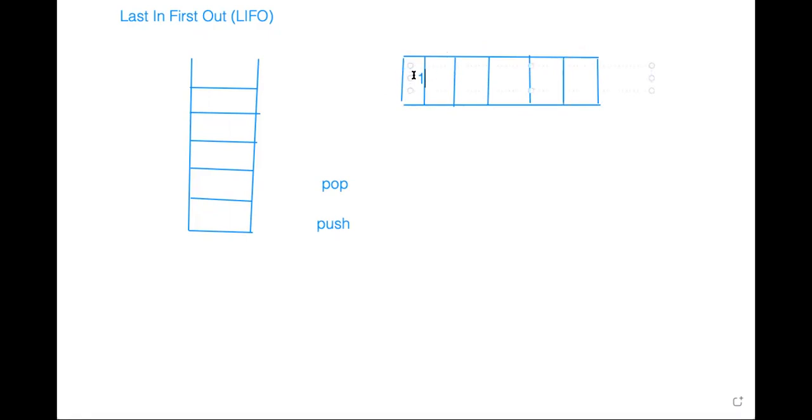Let's say I add the elements here. The numbers are all over the place. So in queue also we push elements onto the queue. But when we dequeue, we remove the first element. Like here it's 1, so we remove the first element.